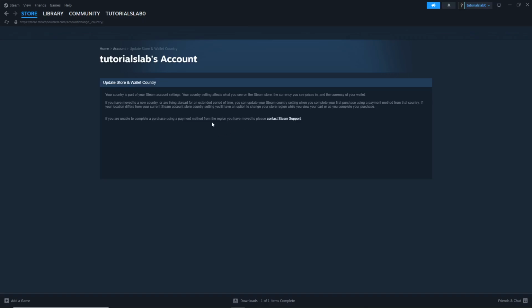Steam store. After you've completed a successful payment, Steam updates your region automatically based on the payment information you used. The system detects your location through your payment method and adjusts your store country accordingly. This process usually happens right away, so you won't need to wait long to see the changes reflected in your